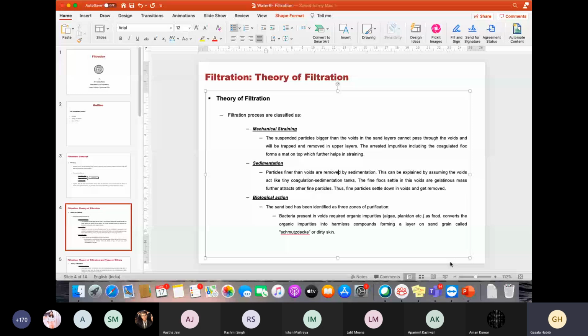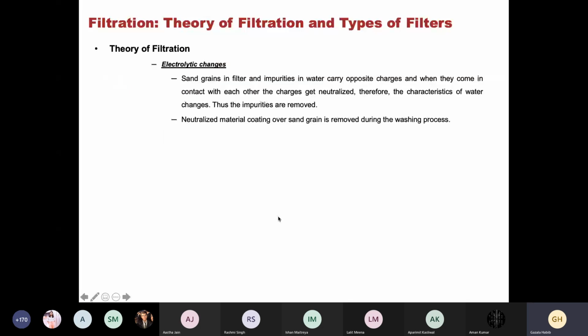Then the fourth type is electrolytic changes. So what is happening? Probably the impurities will have opposite charge than the sand particle. Because of the opposite charge, the impurities get stuck on the sand particle and neutralize the charges. That is another explanation for the filtration process. And one of these processes or all of them might be happening inside the filtration unit. So this is what